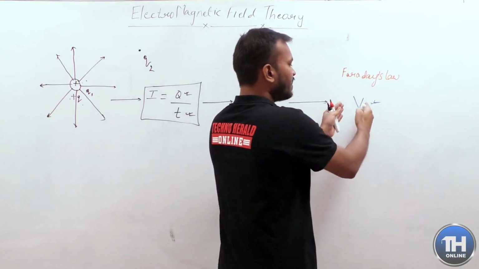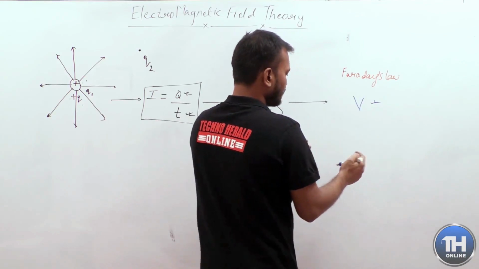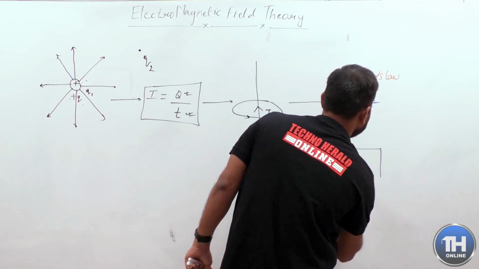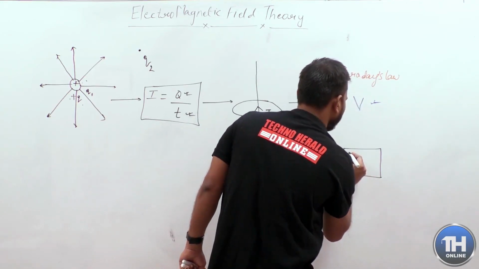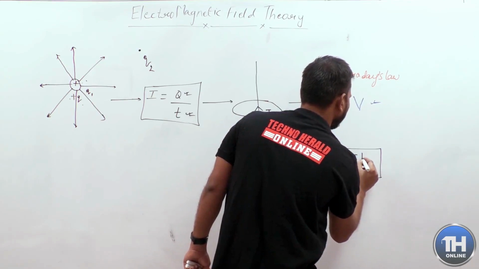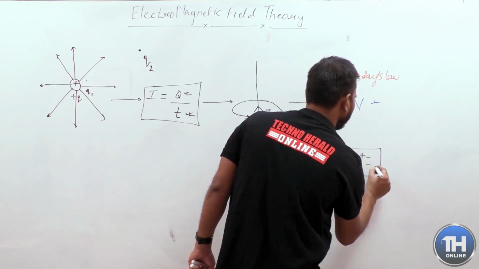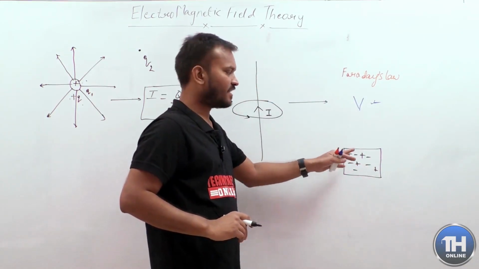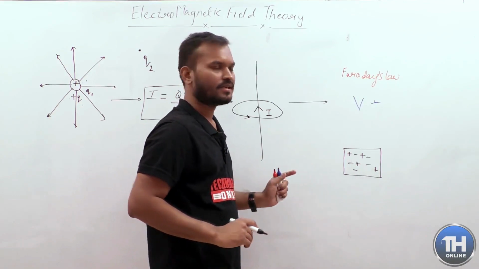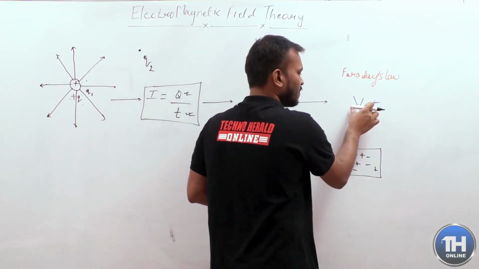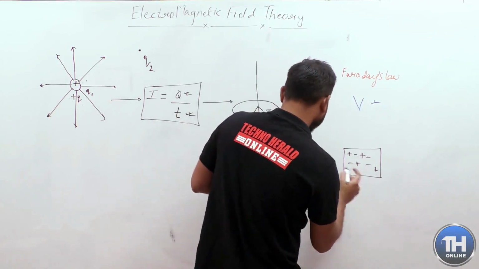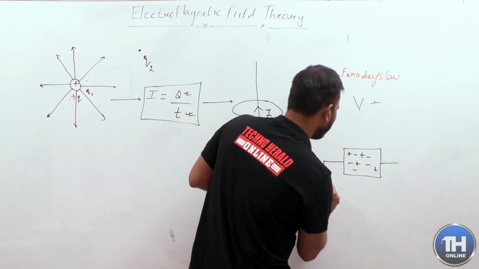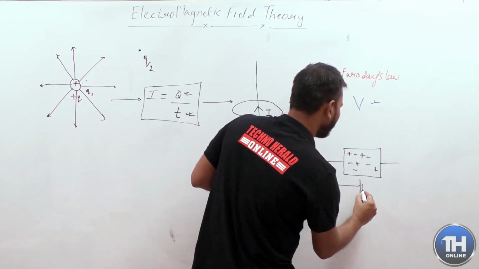When this voltage is provided, suppose let us take a block consisting of many charges. This is a plus charge, this is a negative charge, plus, negative, consisting of many charges. So initially all the charges are in random motion, that is, there is no alignment of the charges. When we provide this voltage V to this block, suppose I have connected this voltage V, which is generated by using the Faraday law, to this